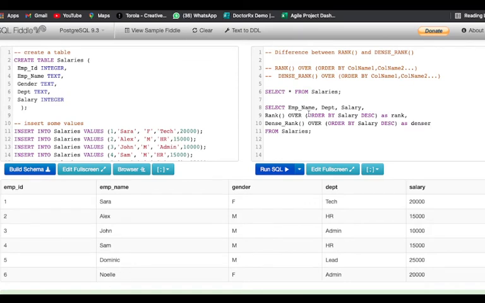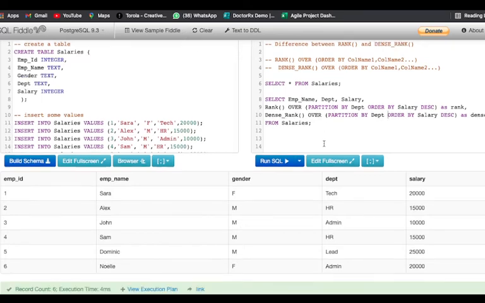Now you can also use the partition by clause here. What is a partition by clause? It is basically a sub clause of over clause. It is going to divide our ranking into partitions according to the given parameter. So for example, I want to partition by department. So I'll write partition by department. Similarly, here also I'll mention we are going to partition this by department. Let us try running this.